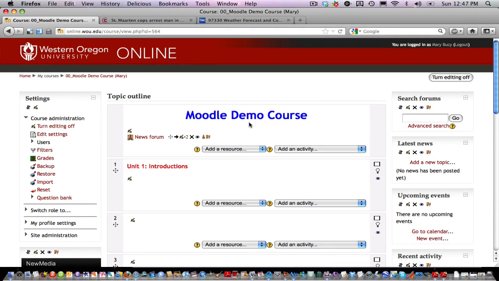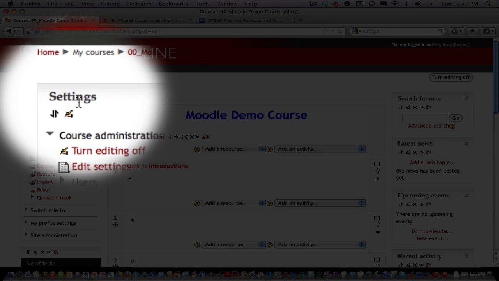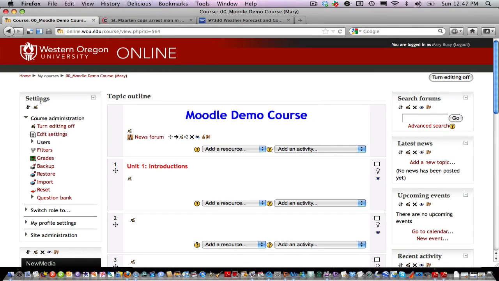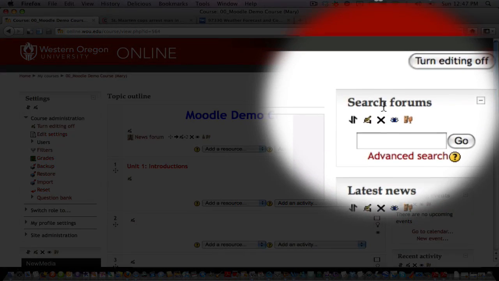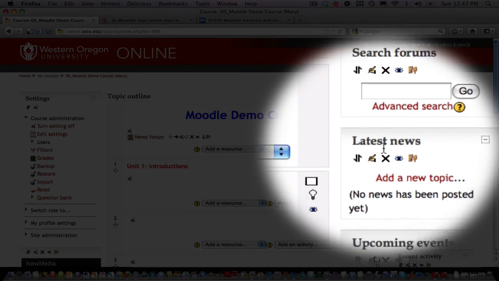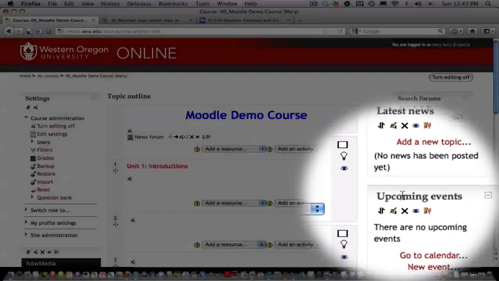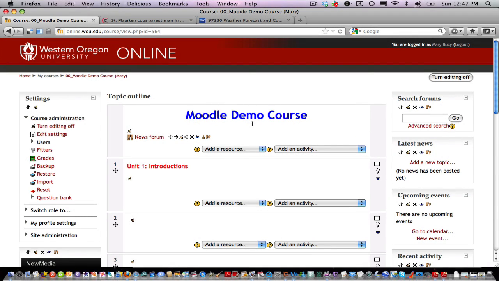I want to demonstrate for you how to work with HTML blocks in your Moodle course. HTML blocks are really the building blocks of your course, and you'll notice you have several of them. You have a settings block that shows up on every course automatically, and you have a number of other default ones: search forums, latest news, upcoming events. All of these middle blocks are also HTML blocks, and we can play with the look of our course by